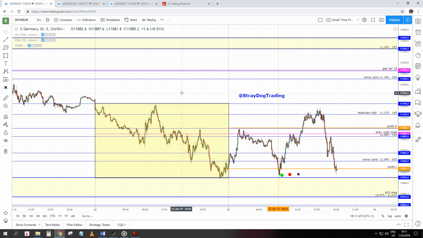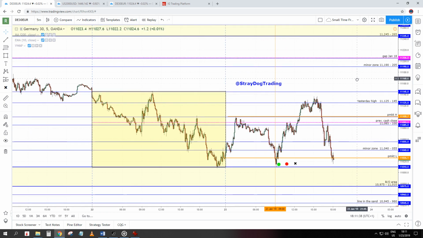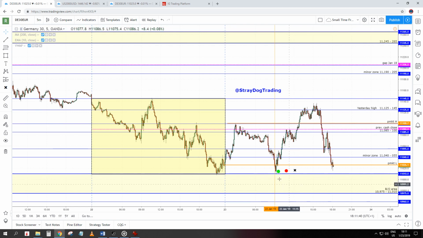Let's get now to the charts. First, we are going to observe in this chart what are the main zones. This is the main support zone, this is the main resistance zone. This here is the trading range from yesterday. Yesterday low, yesterday high. And we have zones based on that. Yesterday high zone, we have main support